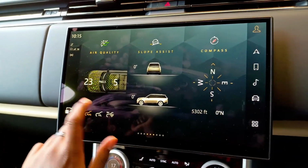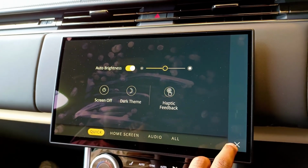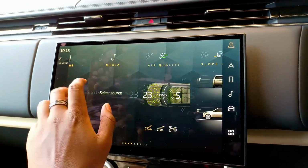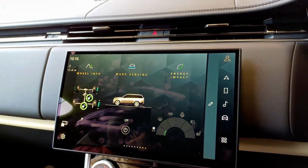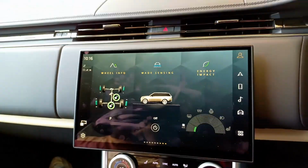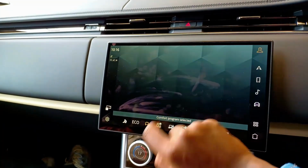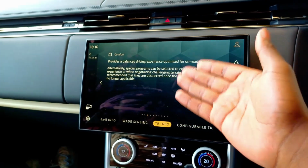I know many people and many journalists have said that it's not really that responsive and not the best, but personally I think it's better than what the MBUX system is, or I'll even go as far as saying better than the iDrive system in the BMW X7. But yeah, you got your weight sensing just right there as you click the button, and majority of your controls, because it is a Range Rover, will just appear on the screen, and it says provides a balanced driving experience